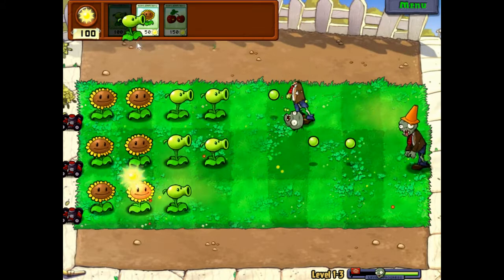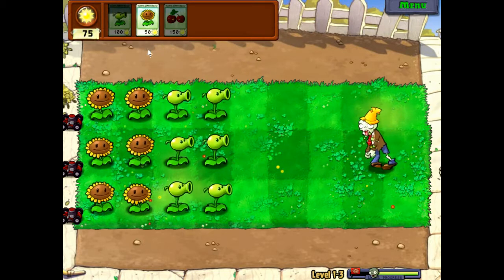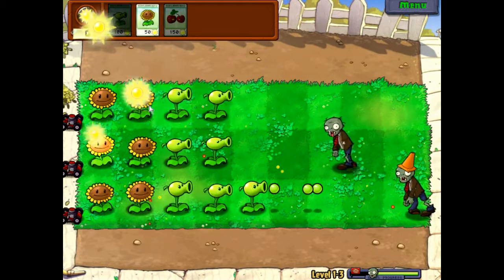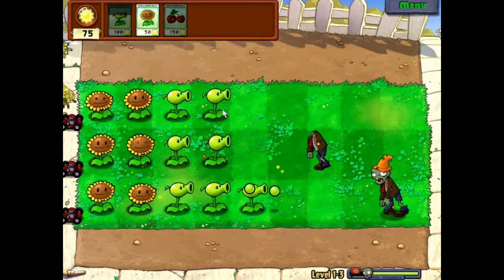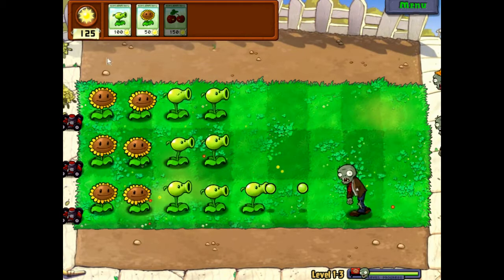My frames are dropping quite a bit. It should be interesting to see later when the screen gets pretty crazy. Alright, column number 3 in. And in fact, this is a general strategy that I will use throughout the entire game, which is 2 columns of